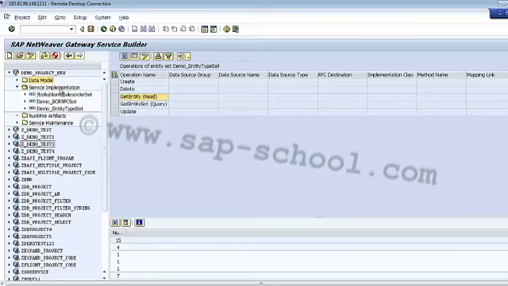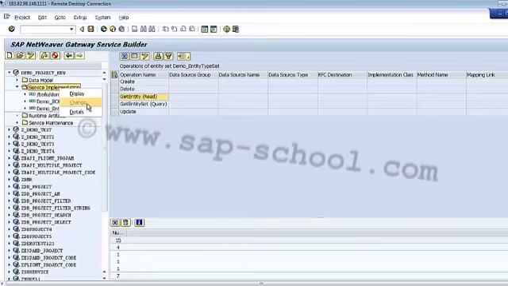So I can right click the folder and I can see the option which is display, which switches between the read only and the edit mode for the service builder. After that we have this change. So it switches between the read only and the edit mode for the service builder. Then we have this details. So the service entity set table displays in the view on the left hand side.